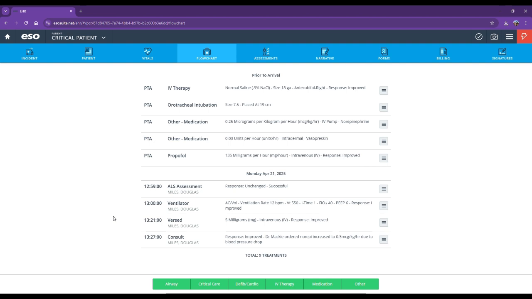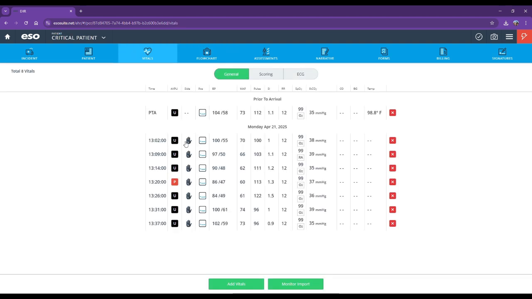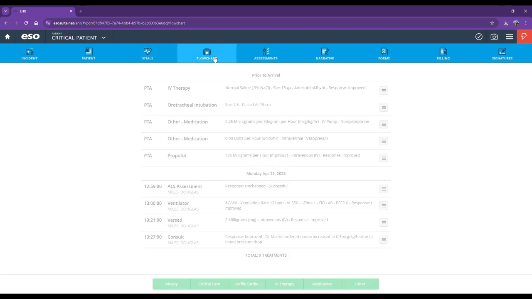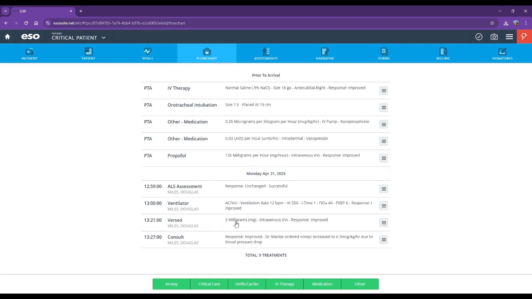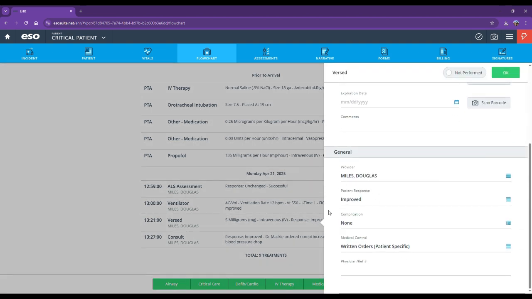So in this case, I have a patient who got Versed as they began to wake up. You can see my vital signs. This patient was under the entire time, but they began to wake up. So I had a verbal order to give, a written order rather, to give Versed, and I documented that in